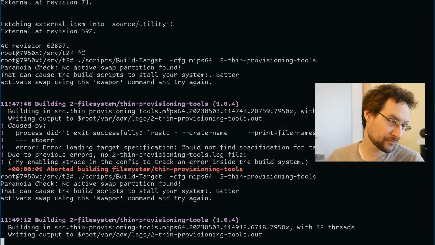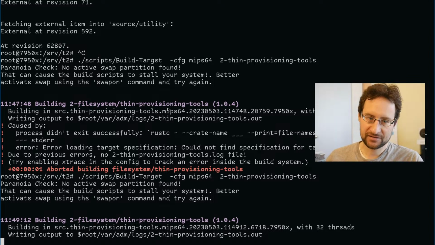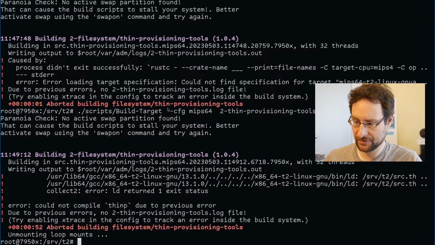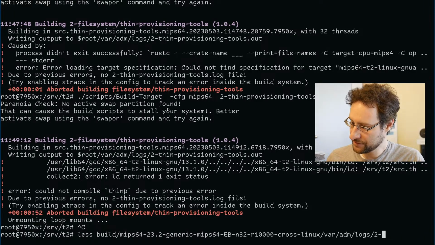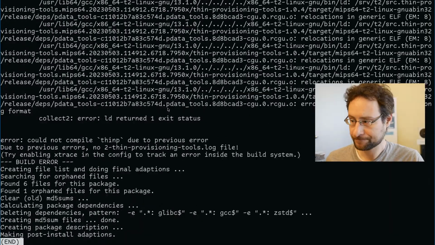Recurring theme here: what's not tested is broken, so of course we test it. That would be first checking with file or readelf the ELF magic and so on, that it's really MIPS64 and N32 ABI binaries, and then trying to run this in QEMU. But of course, as expected, that would have been too easy if it just worked.